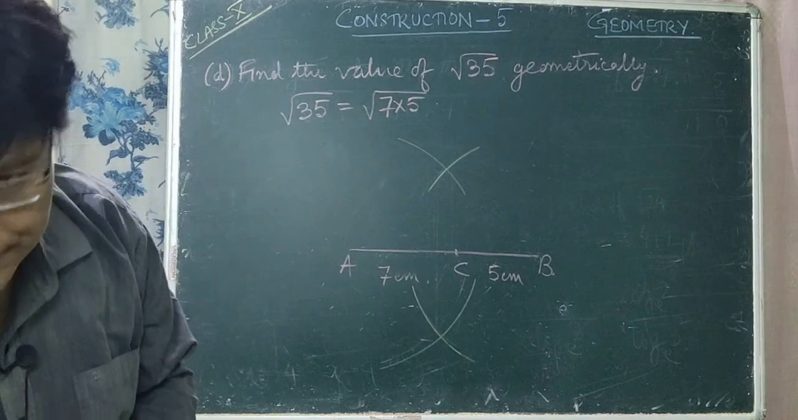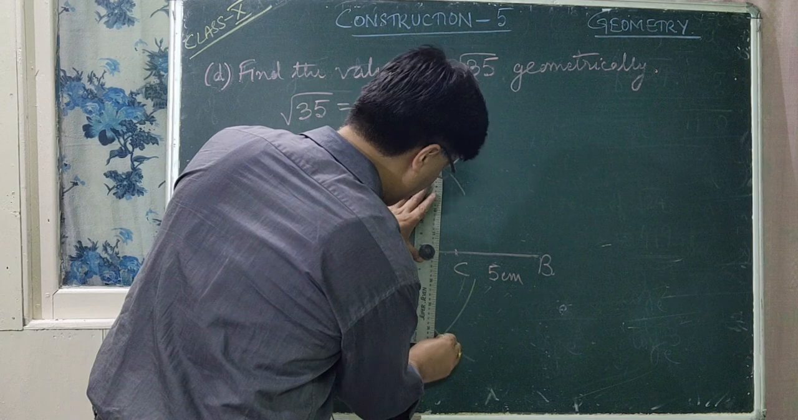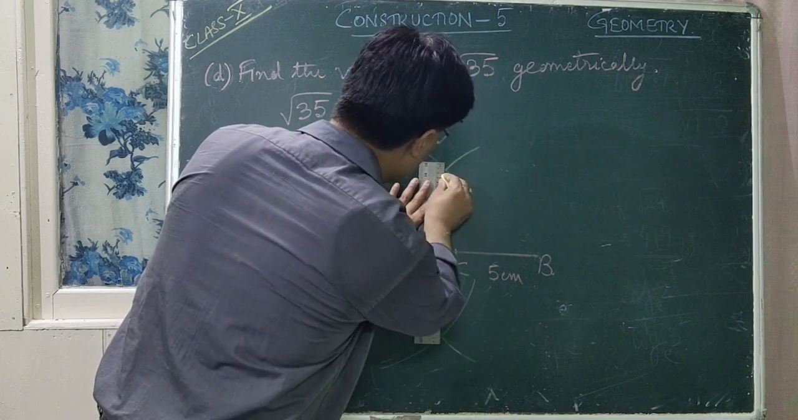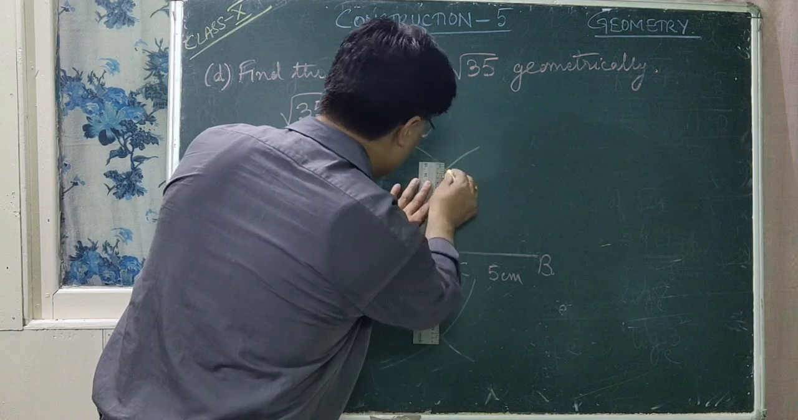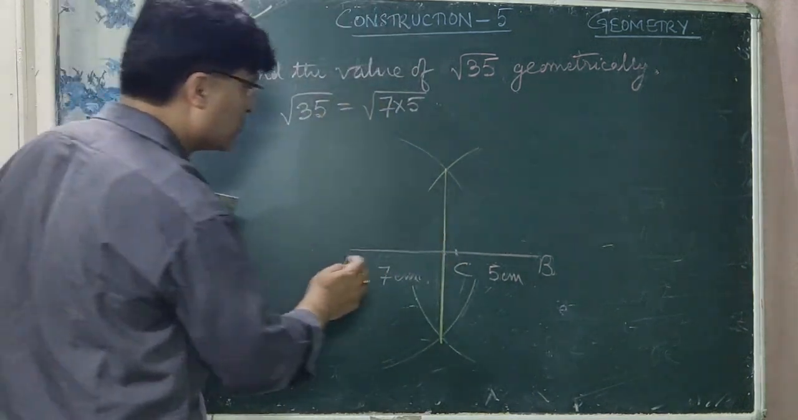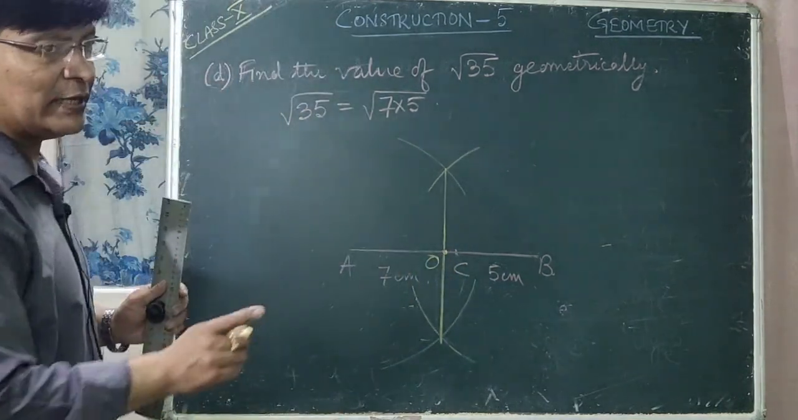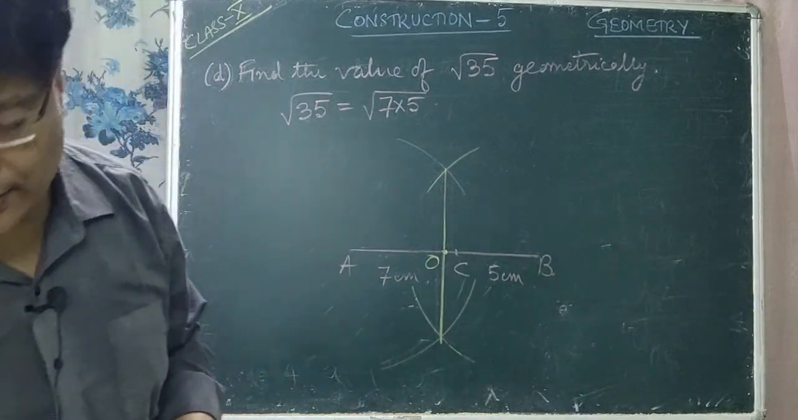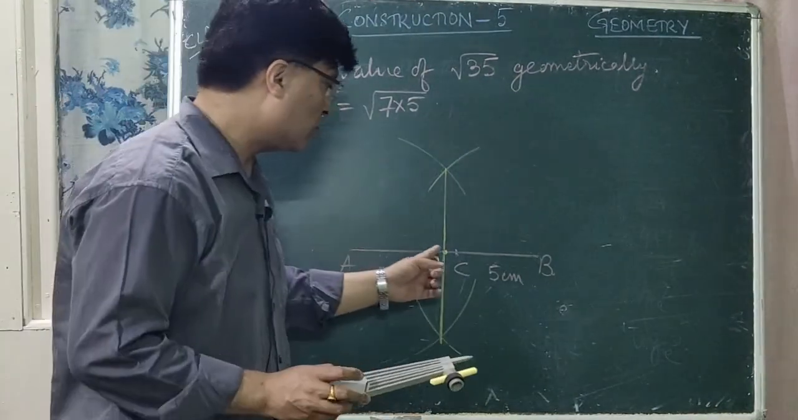Now join these 2 points. Right, so these 2 points are joined now. These 2 points are joined to get the center of the semicircle, so this O is the midpoint of AB as well as the center of the semicircle. Now what will you do here is with O as the center